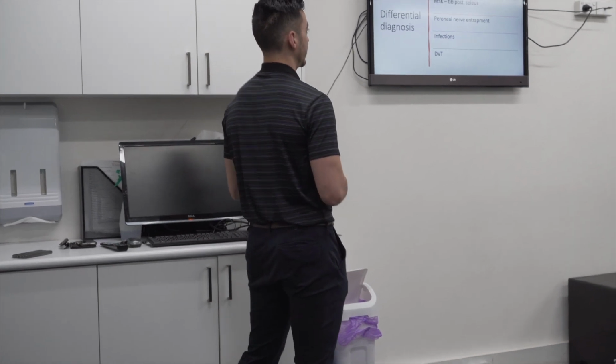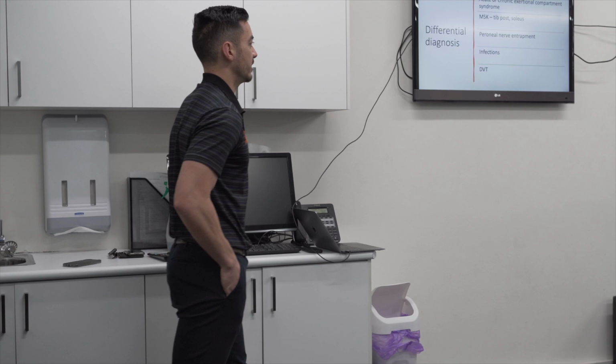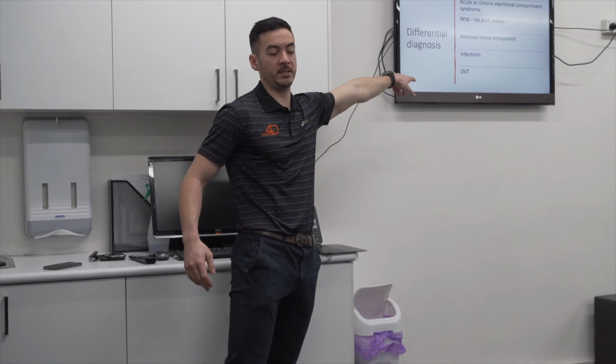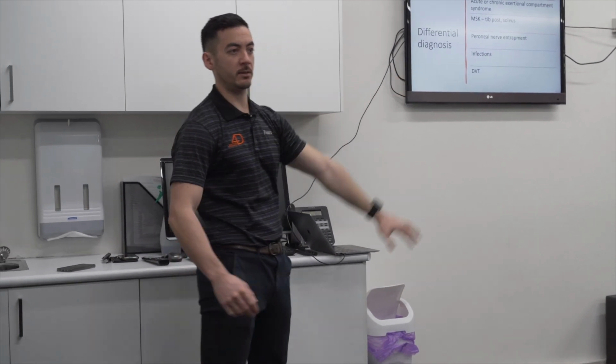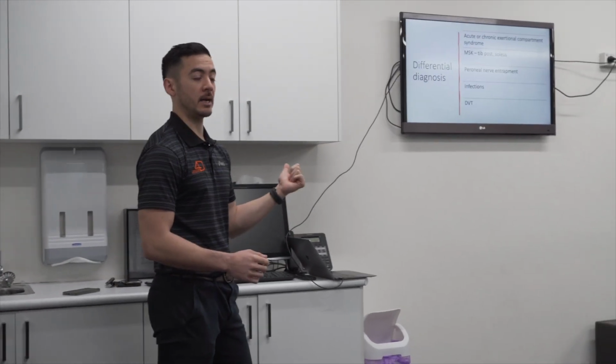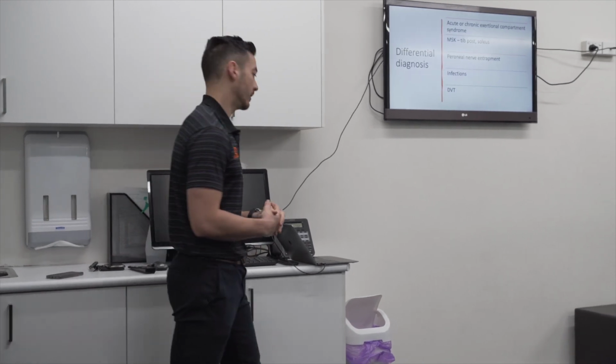Musculoskeletal tib post, soleus, typically peroneal entrapments, infections, and thrombosis, much less likely, and obviously there's going to be other things involved here. If I suspect it's a DVT, then obviously we're having a look at things like travel and things like that, but they're all things to just consider, particularly when you get the MRI and it comes back negative. There has to be a reason for his pain, so we have to figure that out.